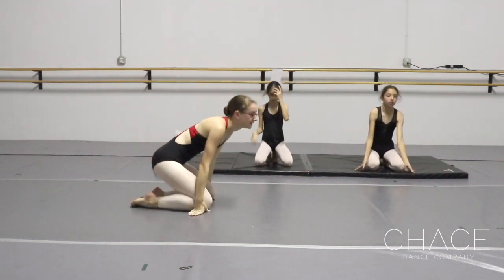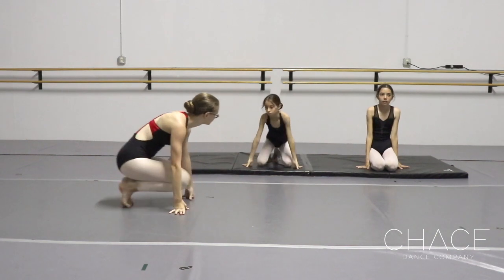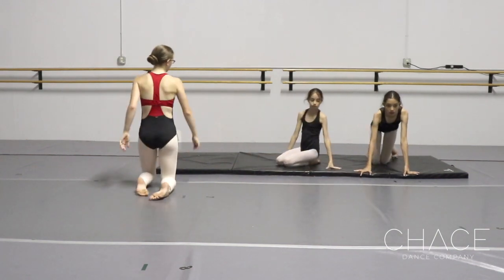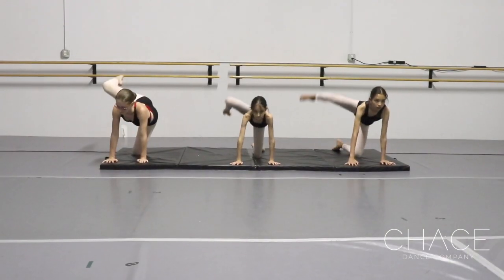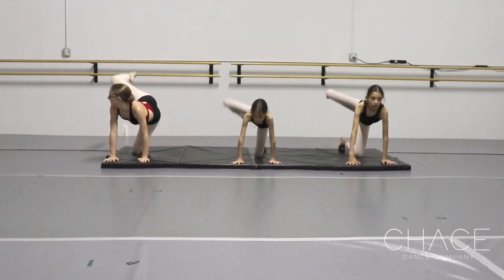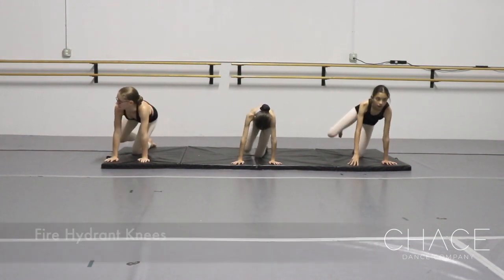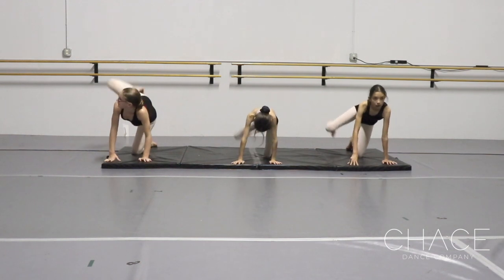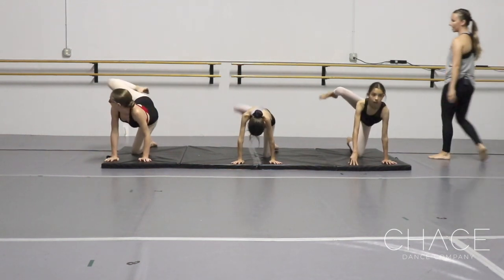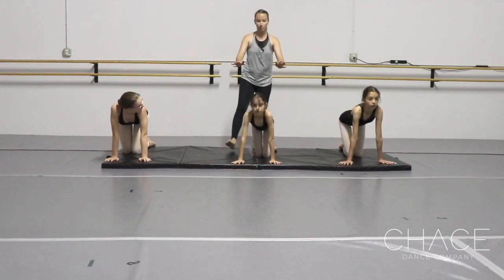Good. We're going to come onto our knees facing the front. So Lucy can go ahead and jump onto that mat. You're going to scoot in this way. Good. We're going to do our fire hydrant knees 8 times. Lift it up. 1, and down. 2, and down. 3, and down. 4, and down. 5, and down. 6, and down. 7, and down. 8, and down. Good. So while you guys are doing these quickly, make sure you keep your arms nice and